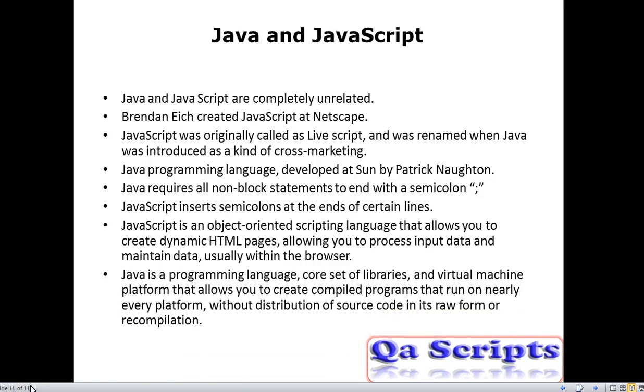Java is a programming language, core set of libraries and virtual machine platform that allows you to create compiled programs that run on nearly every platform without distribution of source code in its raw form or recompilation.